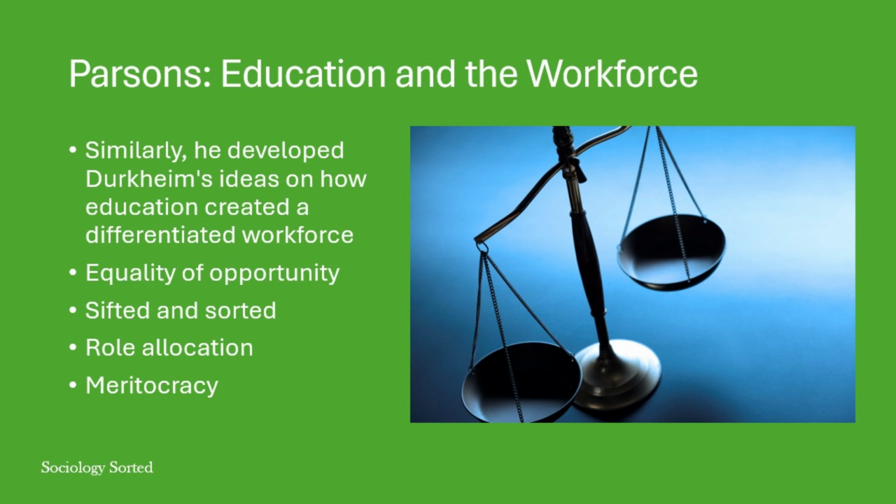grades. It sifted students, so that the most able rose to the top, and it sorted them, so that each found the field they were best suited for. This was beneficial for everybody. We would want doctors to have a higher chemistry grade than nurses, and similarly, we would expect accountants to have a natural talent for maths. This was referred to as role allocation.